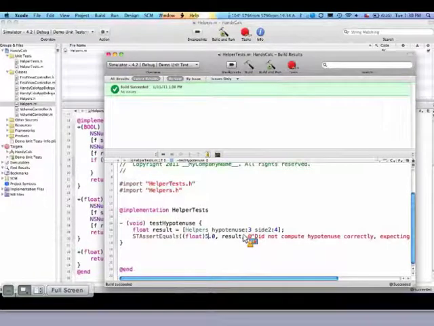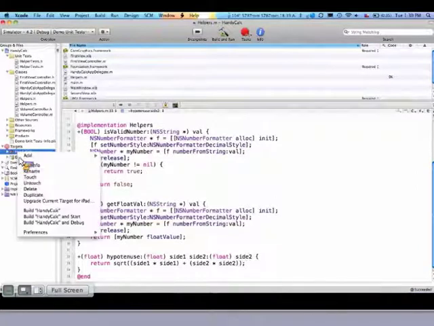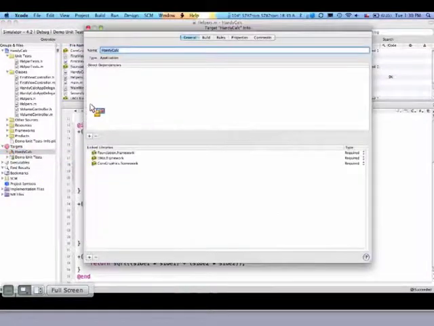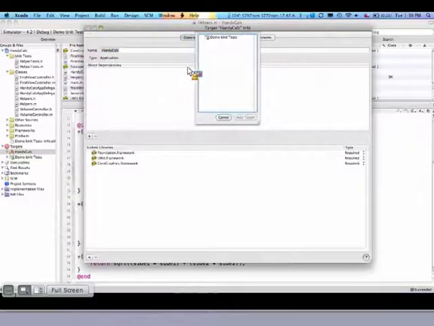Now, I'm going to show you some other examples of tests in a second, but suppose we want our main build to be predicated off of this build, so the main build only runs if the unit tests succeed. That's easy to do. Go back over to your main target, do a get info, and one of the things you can add here is direct dependencies. So if you make a direct dependency on the unit test target,